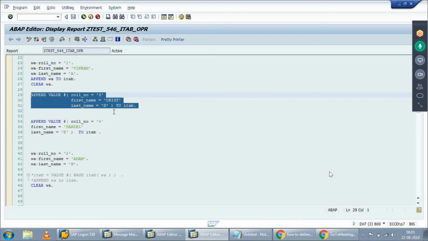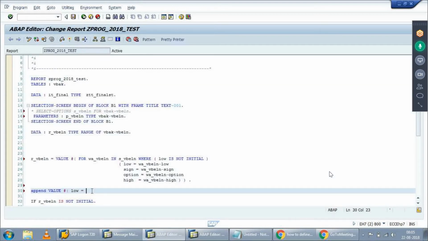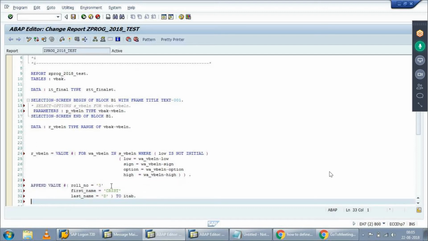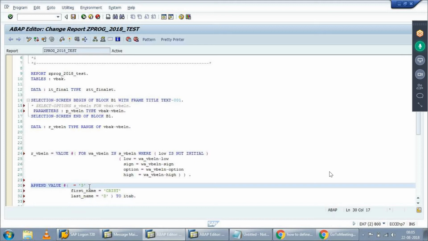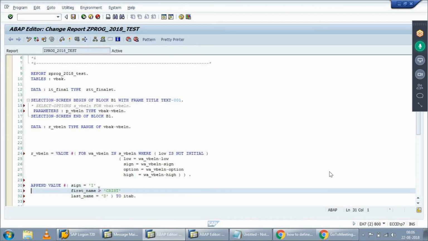So in the same way, I basically want to append the values to my range table. So what are the values? Low. What is low? Not low. Append value. First would be sign. Sign is equals to include. We have to include the values. Sign. What is the option? Option is equals to, what is option? Equal,